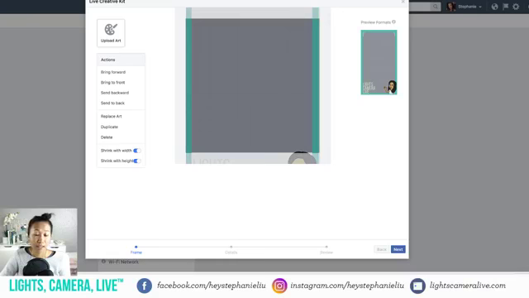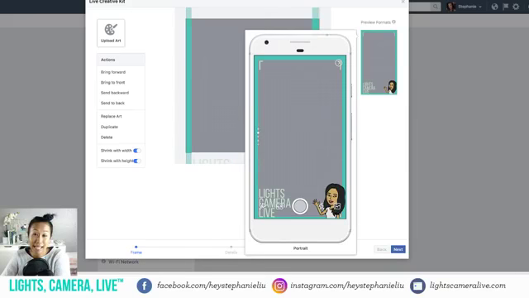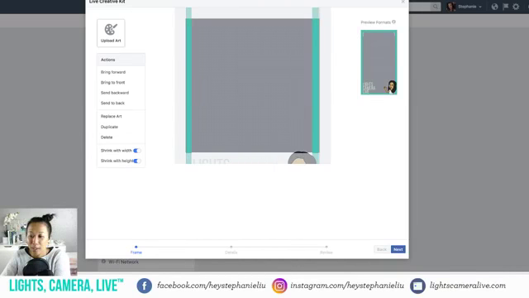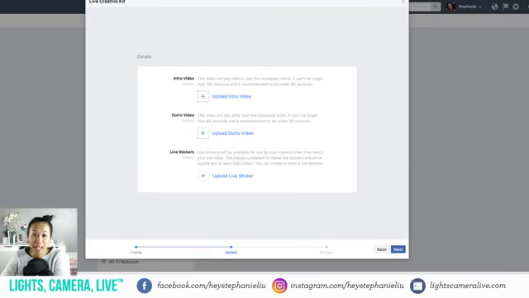I created this first. I went ahead and created a PSD file in Photoshop. I did my branding, all that stuff. And then I wanted to make a little Bitmoji and I just dropped that in there as well. So you could go ahead and do whatever it is that you want. You could preview it to see how it's actually going to look once you add in your frame. Then when you click on next, you could add your intro